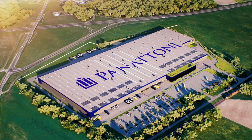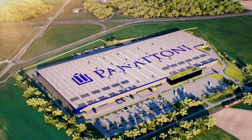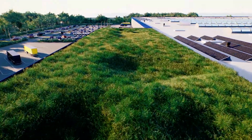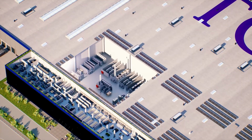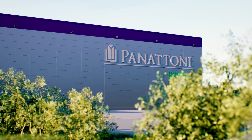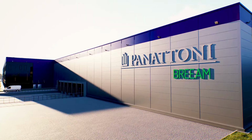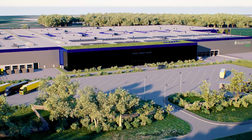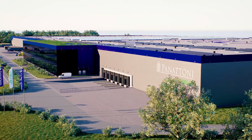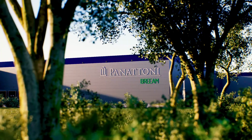Welcome to the Panattoni warehouse, where you can find some of the most amazing technological and environmentally friendly solutions. Sustainable construction is the ace up Panattoni's sleeve. The standard we've opted to obtain for our projects is BREEAM certification at the excellent level. This guarantees that they're of the highest standard in terms of being friendly to the environment, to employees, and to